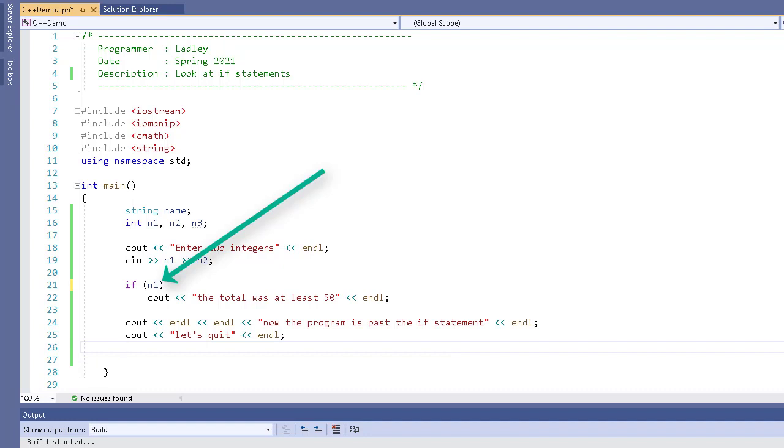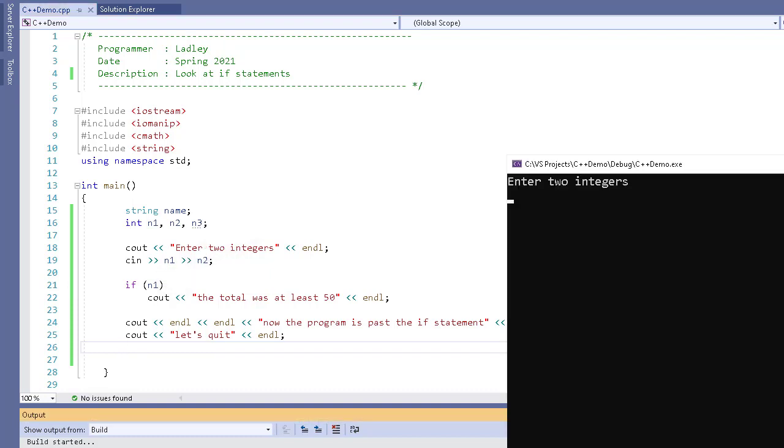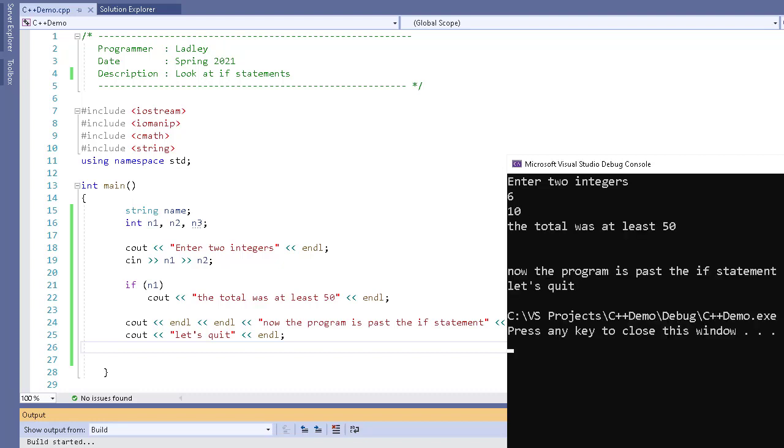I can put a variable inside the parentheses too. Here I'm putting a variable N1. That means the truth of my if statement on line 21 will depend on what the user types in for variable N1. The first time, I enter 6 and 10, and because 6 evaluates to 6, it's considered true and